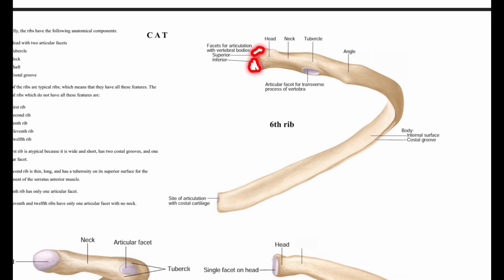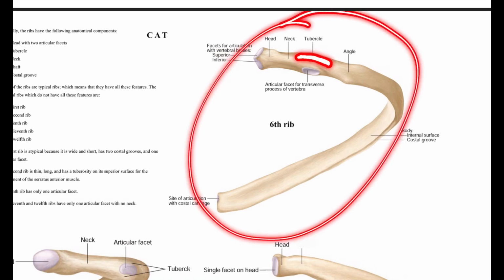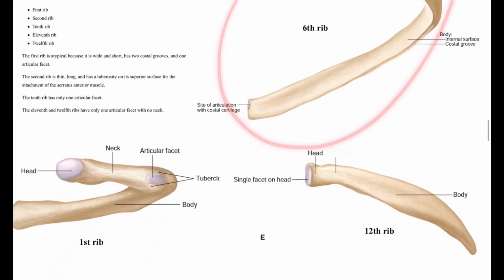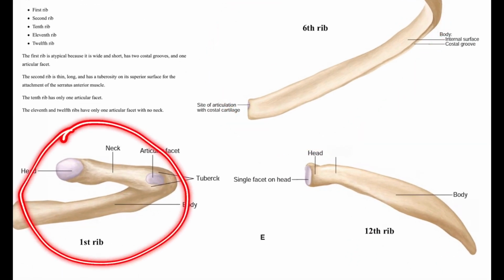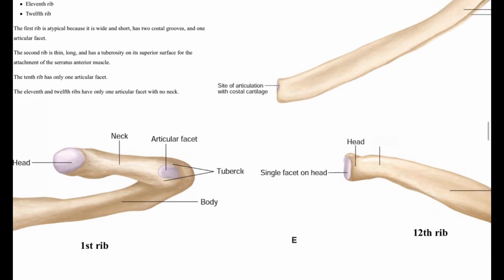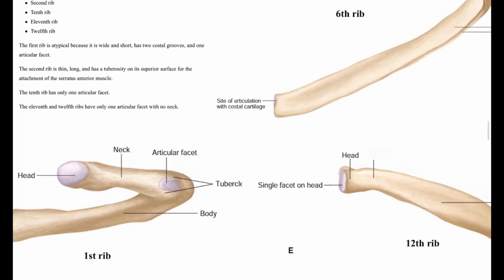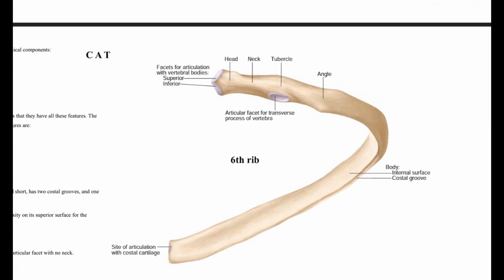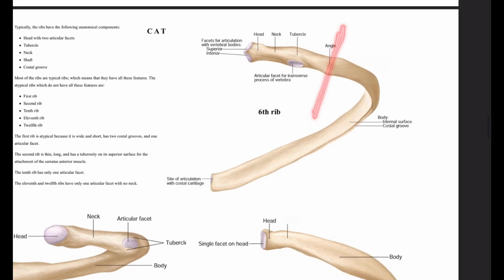In a typical rib, I mean the 6th rib, the head consists of 2 articular facets, which we discussed before, for attachment to the intervertebral disc and the adjacent vertebral bodies. And here you can see the tubercle is very smooth and not that prominent. This one is the typical rib. So this is the atypical rib, the first rib. There is no angle of rib in the atypical rib, but there is an angle of rib in the typical ribs.